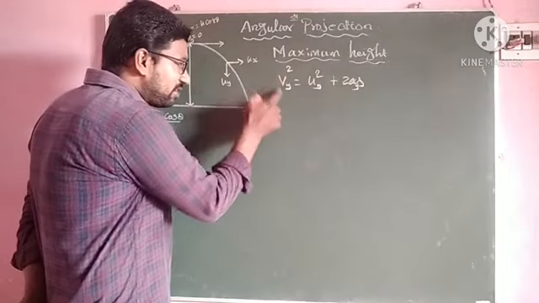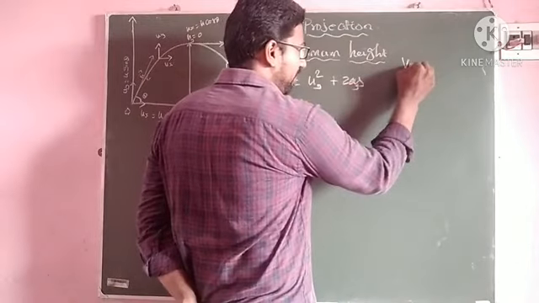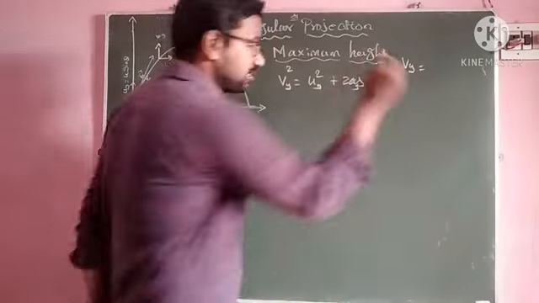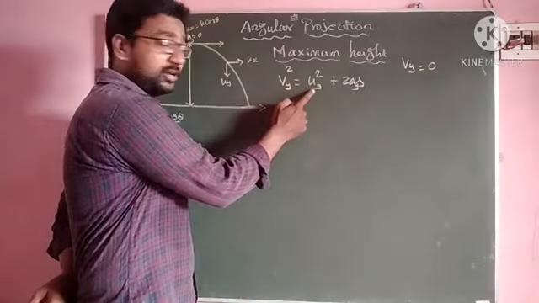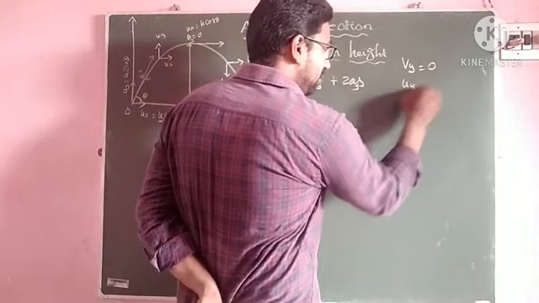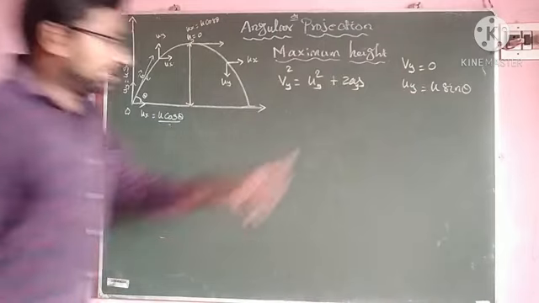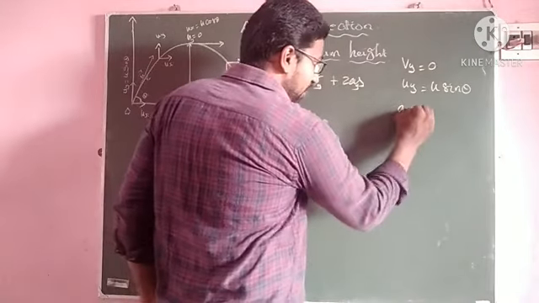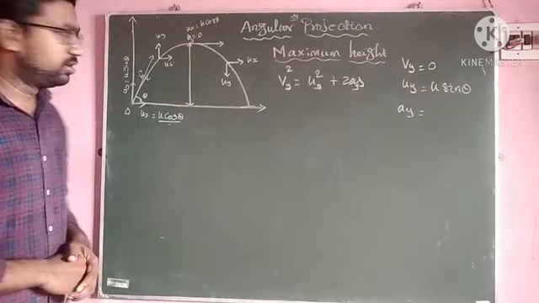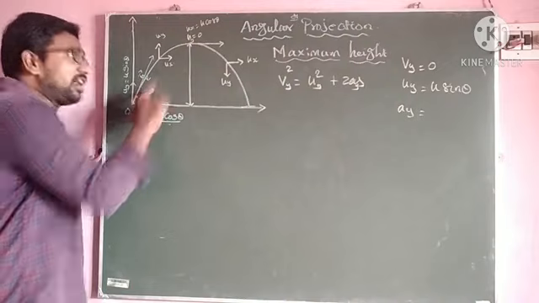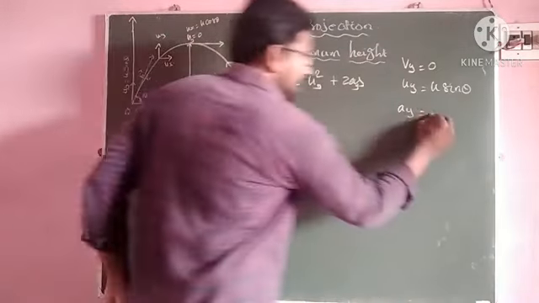What is the final vertical velocity Vy? Sir, we can't find it, sir. So the final velocity of the y component becomes 0. Am I right? And then we know very well the initial vertical velocity, so uy can be written as u sin theta. Am I right, students? Yeah. And then what is the value of ay? ay is the acceleration due to gravity acting in the vertical direction. The particle is traveling in the upward direction, against gravitation, so you should put the negative sign on acceleration, minus